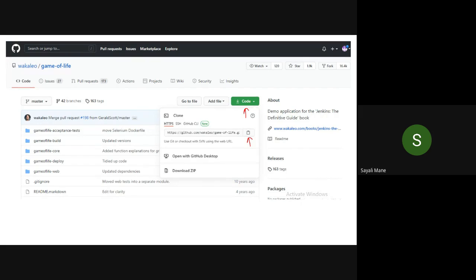So simply open your GitHub account. We'll use the Maven project, how to build the Maven project in Jenkins. This is your actual experiment. Open the GitHub account. Please click on the pom.xml file. Sorry, don't click on that. Search for your game of life, it is there, right? Click on the code button, which is written over here.